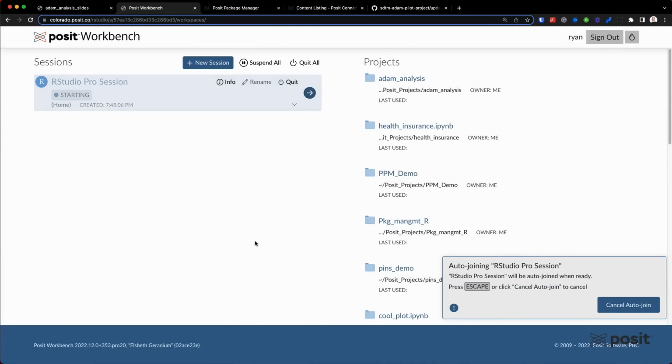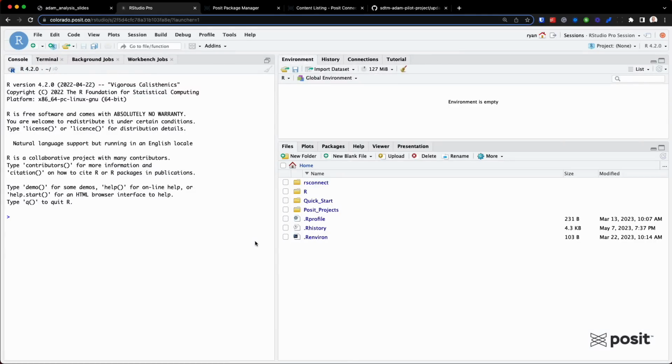So while this is booting up, before we do any analyses, it's really important that we establish a new RStudio project for this clinical trial analysis. So this will provide us with a working directory for this project and only this project. So this helps ensure that the analyses we do here won't impact anything else on our system or another project.